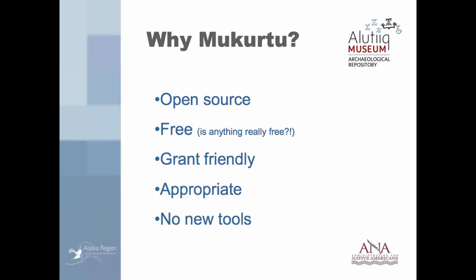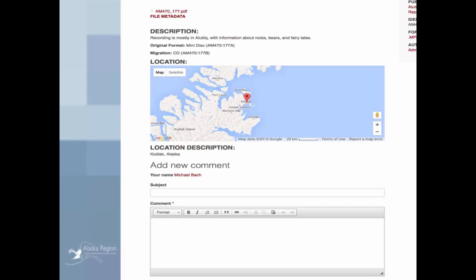Similarly, we needed no new tools. We're able to use our catalogs, which are done in Excel, and import them directly into the software. Similarly, we're able to export directly from the software into Excel. So we're not having to change the operating protocols that we have at the museum in order to successfully implement this software. So I wanted to share, this is a screenshot of an item that we have available